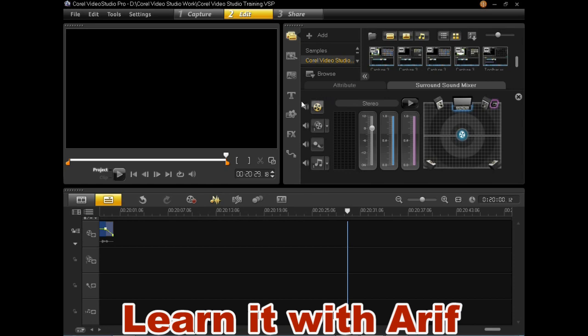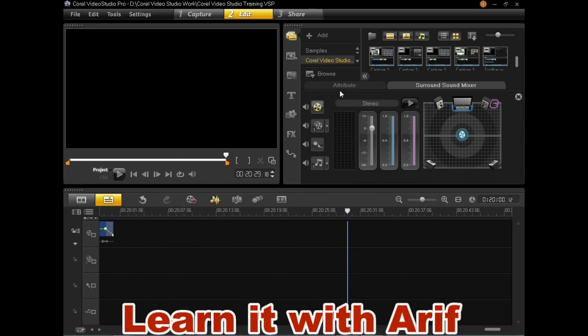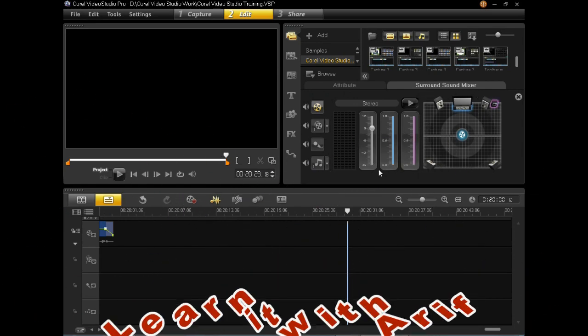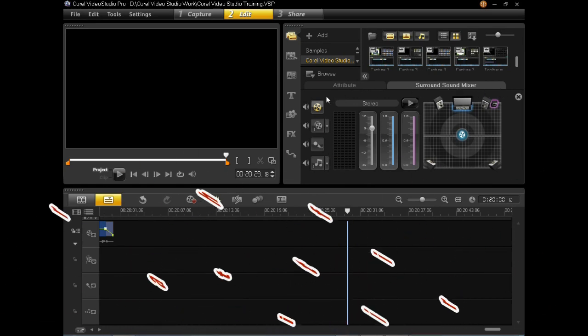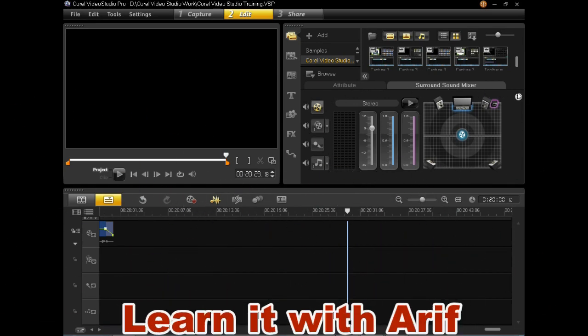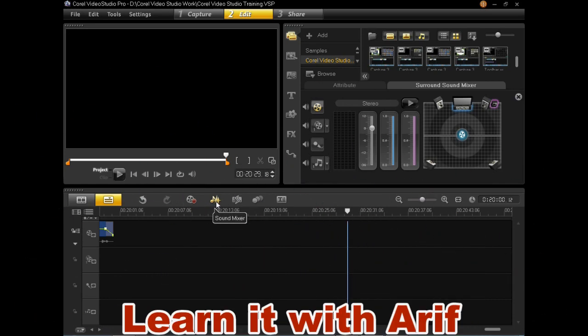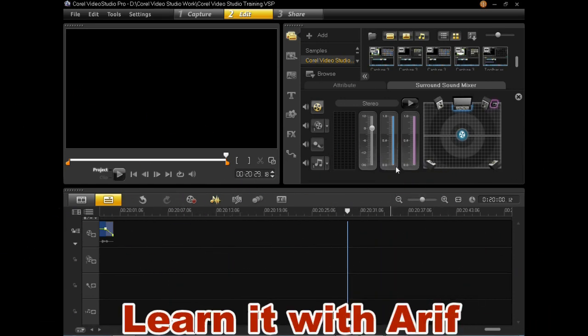We can customize the audio of our media file using surround sound mixer panel. You can see the surround sound mixer panel is opened in options panel. This button sound mixer opens the surround sound mixer panel.